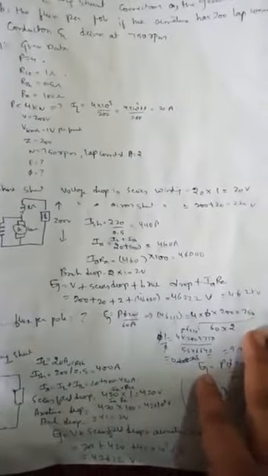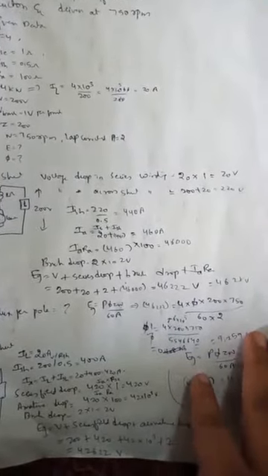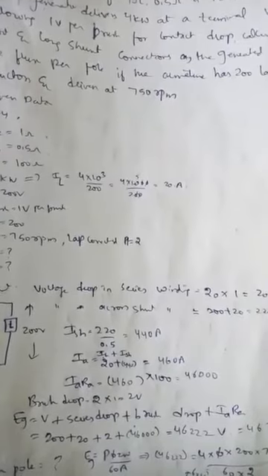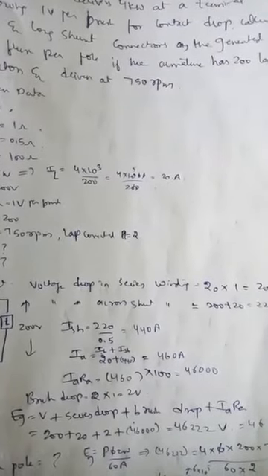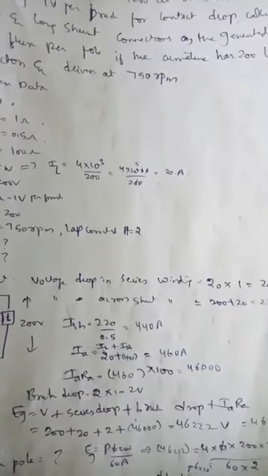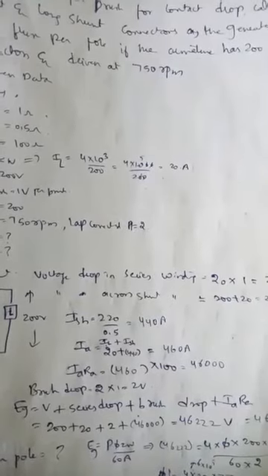See students, the question is given as a 4-pole DC compound generator with armature resistance as 1 ohm, series resistance as 0.5 ohms and shunt resistance as 100 ohms. The generator delivers 4 kilowatt at a terminal voltage of 200 volts. 1 volt per brush is given here. Calculate for both long shunt and short shunt connections the generated EMF and flux per pole if the armature has 200 lap connected conductors and is driven at 750 RPM.